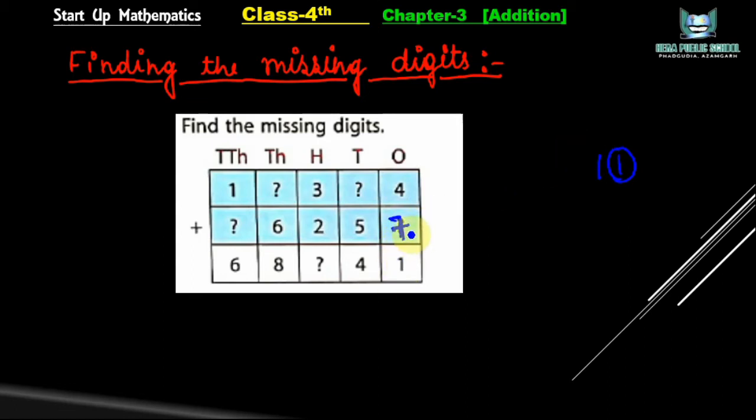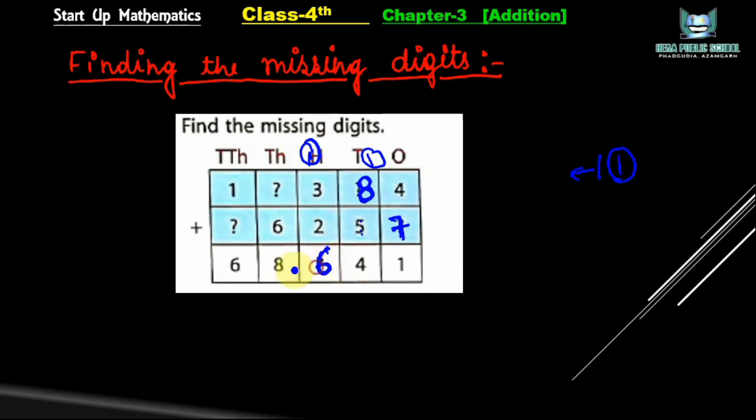So if we put 7 in this box, then we get a carry also. So we put the carry on top of the number. Now 5 plus 1 carry is 6. Now which number should be added to 6 to get 4? That number is 8. 6 plus 8 is 14. Here we write 4 and take 1 carry. Now 3 plus carry 1 is 4. 4 plus 2 is 6.